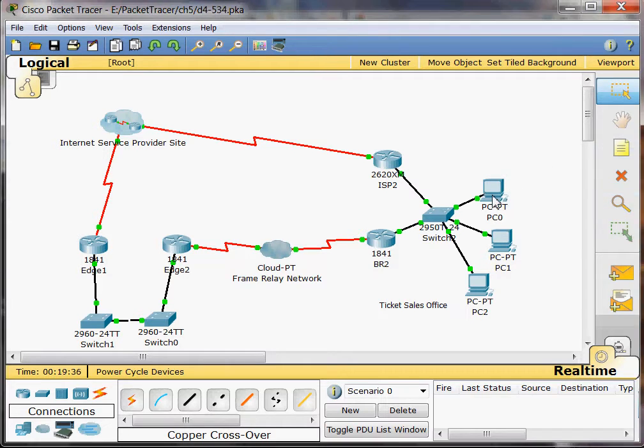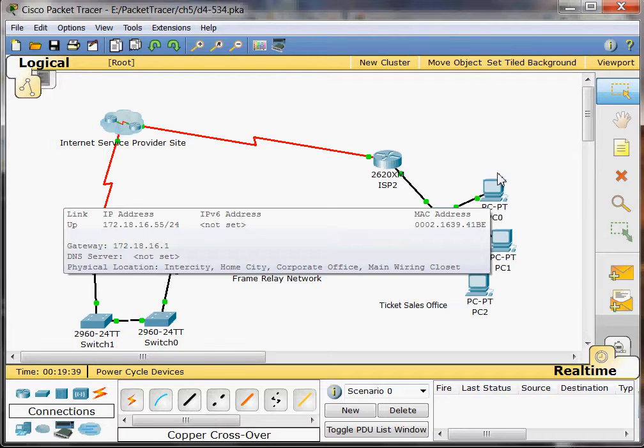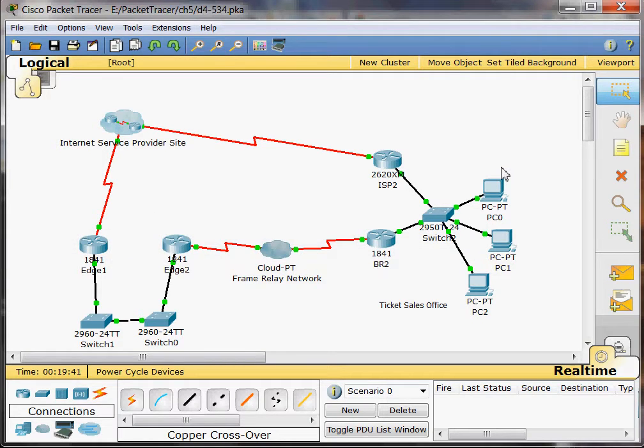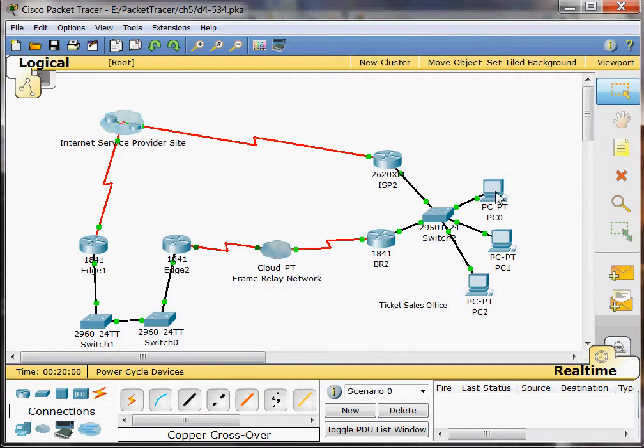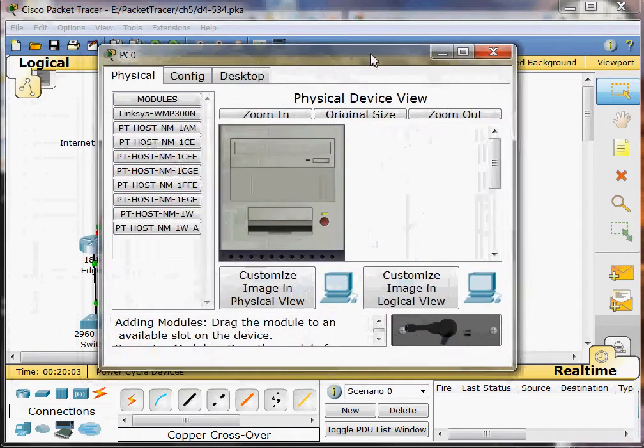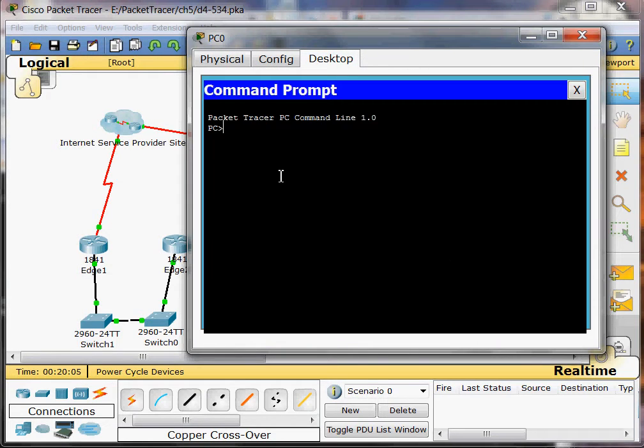And then we're going to use traceroute to the Edge 1 FastEthernet 0/0 address. So this is Edge 1 FastEthernet 0/0, 172.18.20.5. So let's go to the command prompt, and we are going to do a traceroute. So we'll issue that command,